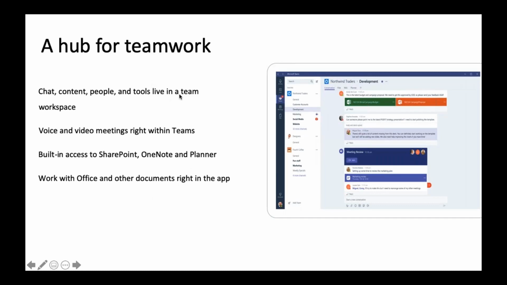So the next part is they saw a hub for teamwork, right? The reason why Microsoft called that is because you have access to everything that the tool has, such as chat, the content, the files. It's all built into the Teams.